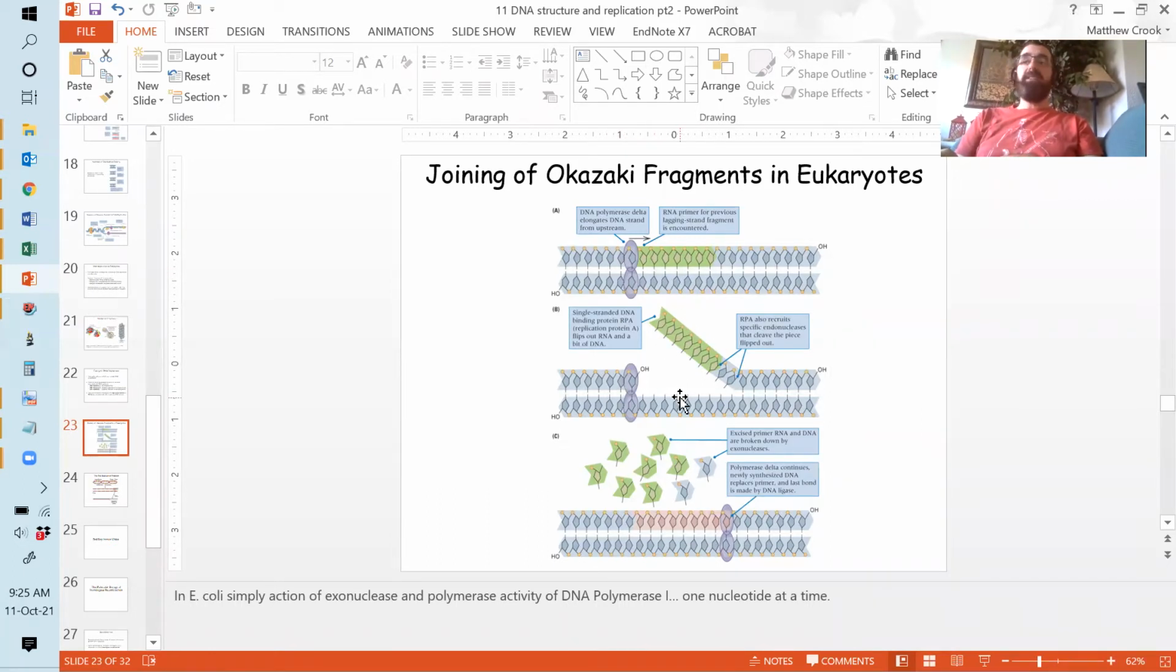And so it doesn't have any nuclease activity of its own in terms of removing the primer. What it relies on is another protein, replication protein A, to flip out the RNA primer. I don't actually know how it does that, kind of gets in there and